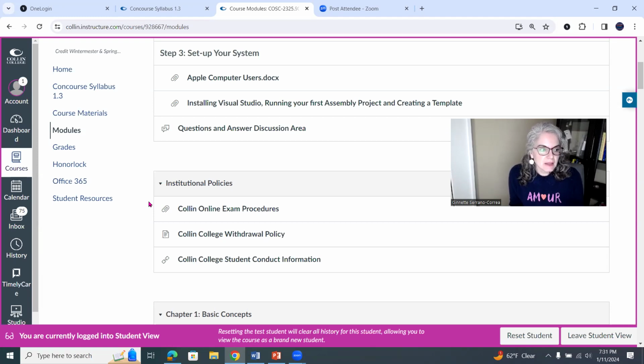And then the biggest thing that would get your exam thrown out is if you stop sharing your screen. If you stop sharing, then I don't know what you've done at that point. I can't see it. I don't know if you went and got your book, or if you got online on some artificial intelligence website and it gave you your answers. So that test gets thrown out. Make sure you read the exam procedures, very important, and follow all of those.